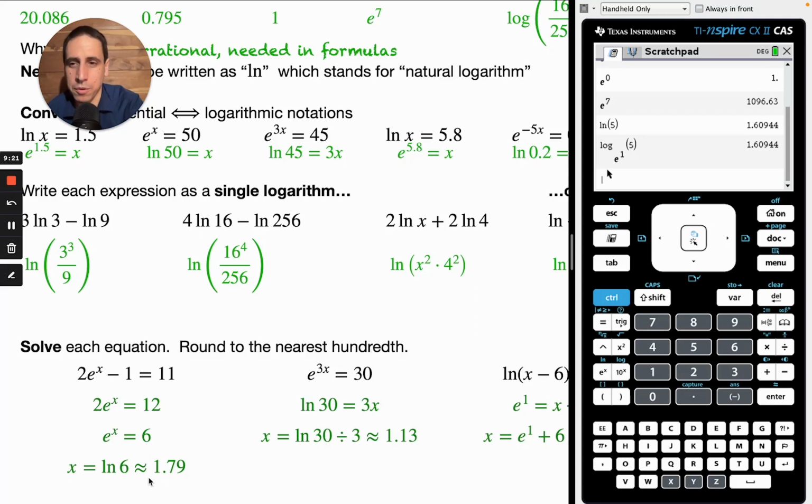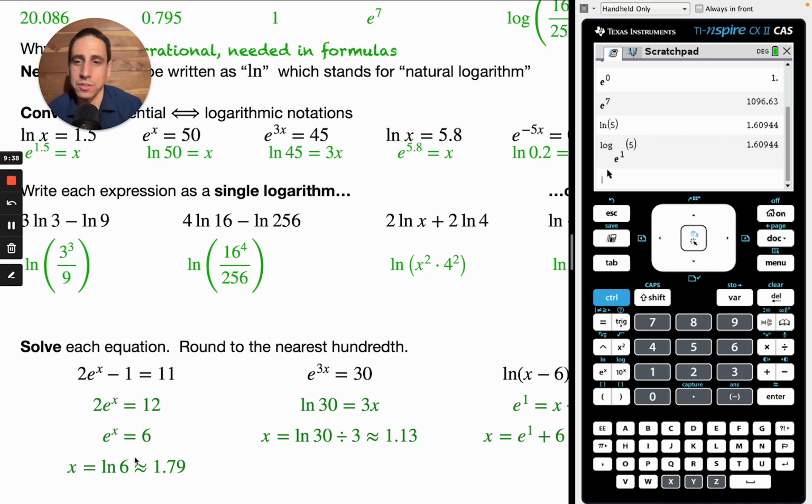equation to a logarithmic equation. We can't do that unless the exponent is all by itself. So first thing we have to do is move all these other numbers to the other side. We have to undo the subtraction. We have to undo the multiplication. And now that we have e to the x is equal to just a single number, now we can rewrite it